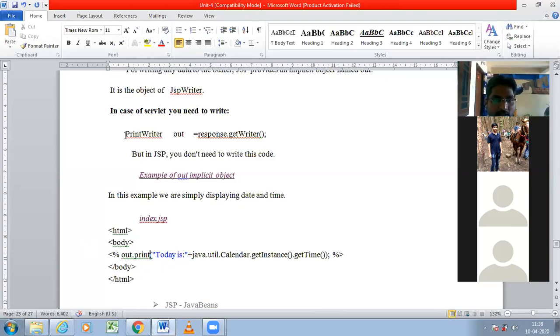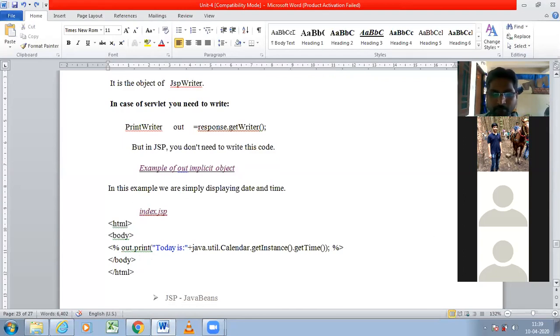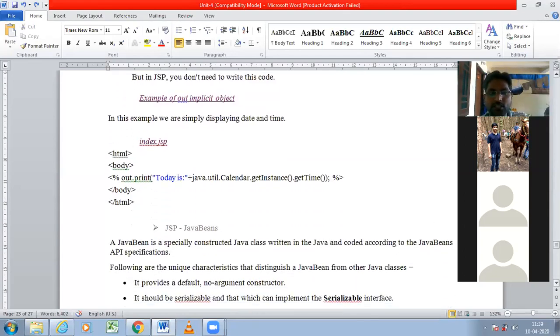In servlets we have to write by using its type and all. But here no need to write all those things, directly you can write out. So like this in servlets we will be writing completely like that. But in JSP, we have implicit objects, so directly you can use them with the help of objects. 9 implicit objects we have in JSP. All those things you can use directly. Just list out all those things, and if you explain one object, that is enough.